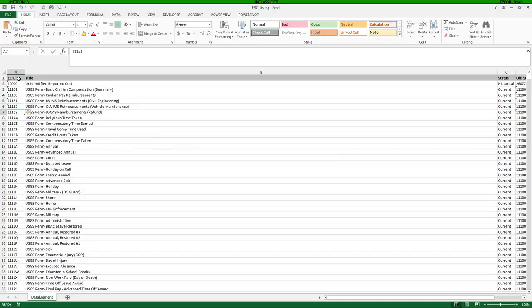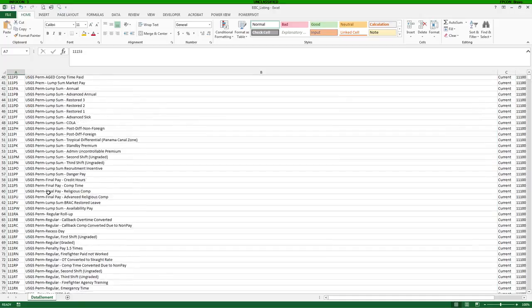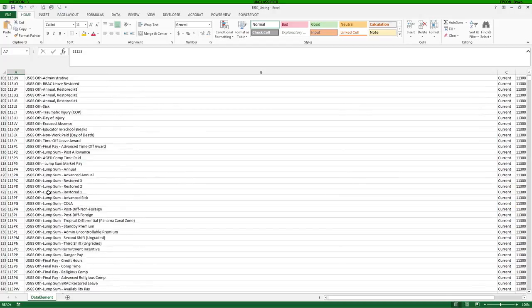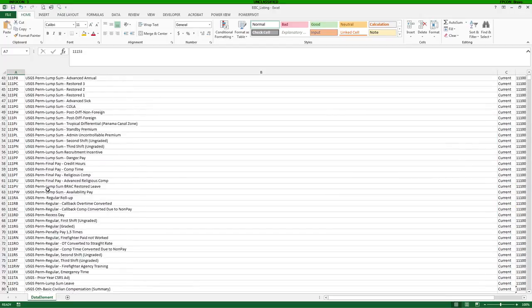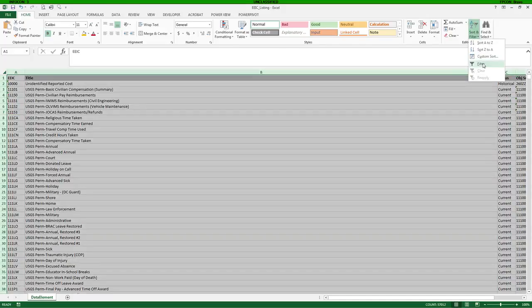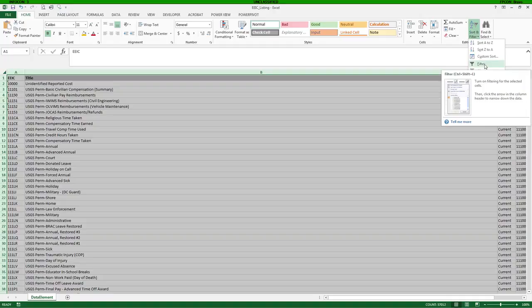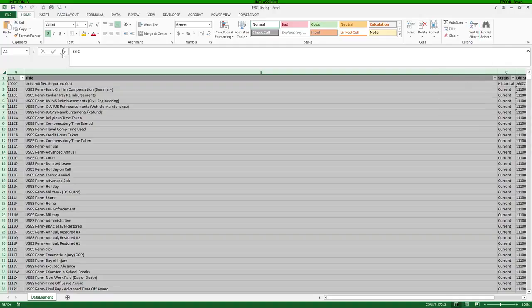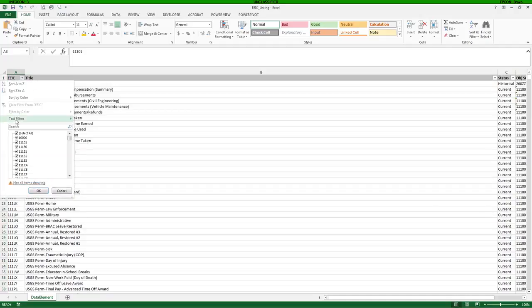Now one thing that is always convenient to do is go through here and rename all of these USGS perms or USGS others, everything else, CivPay, and clean that data up as you need to. The reason that helps is because it takes care of everything else. So it's just a very simple click. Go up there to sort and filter, and all I do is click in this upper left-hand corner where that little triangle is. It highlights the entire sheet. We're going to filter it, and then I'm going to go to text filters,